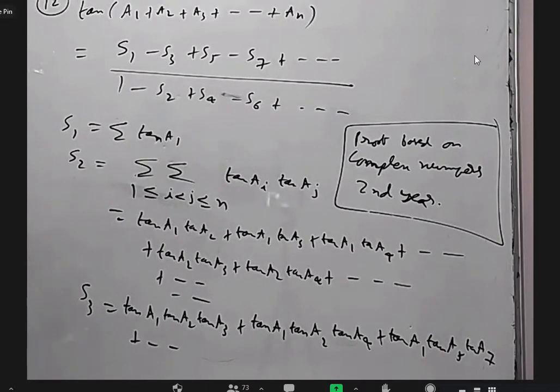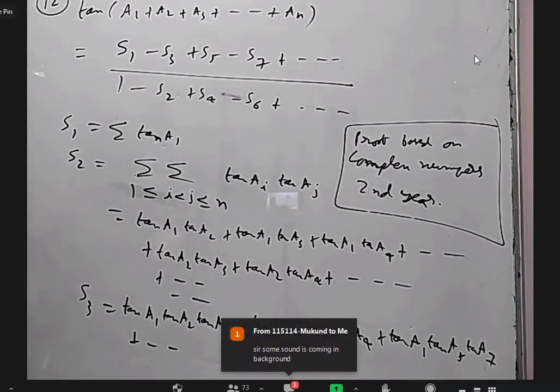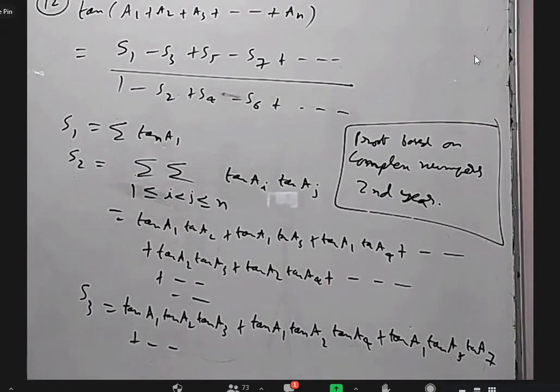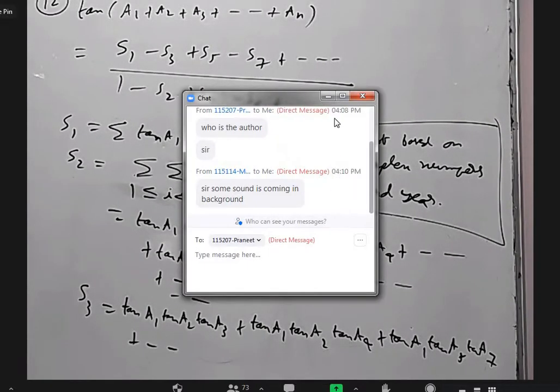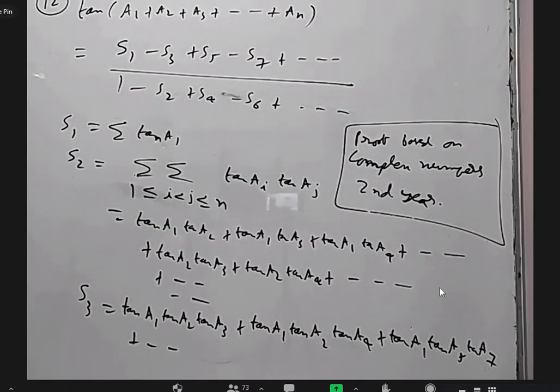Sir, in trigonometry, maximum up to how many angles in compound angles? We only talk about either 2 or 3 terms at most. And by chance, anytime more is required, we use these formulas only. So if 4 things are there, we write it as 2 things plus 2 things.